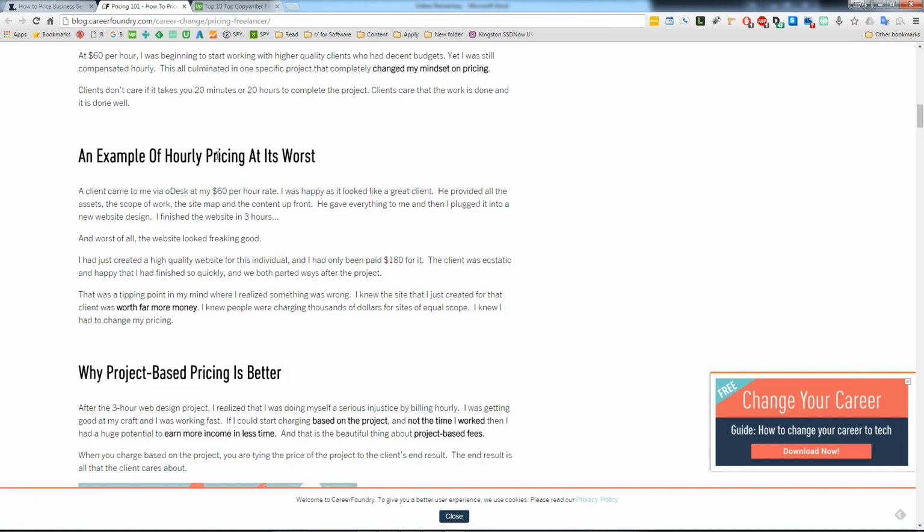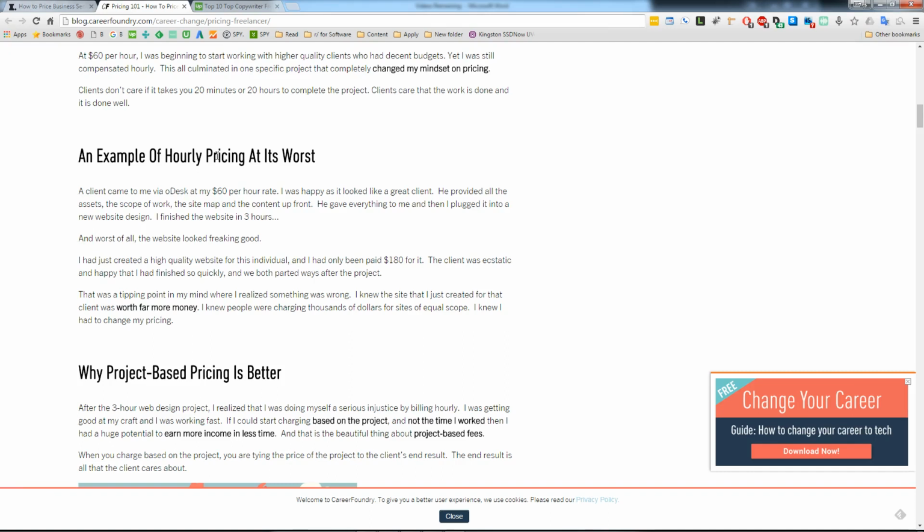Project-based pricing, I personally have found, works with clients that I have a deeper relationship with. I can basically charge what I want, and I figure out what would be a fair representation of the work that I'm doing, what would be a fair invoice. Then if that work is more complicated than expected, I will let the client know, hey guys, by the way, this is turning into more of a time sink than I realized. I'm going to charge whatever dollars per hour from this point onwards, 10 hours, 15 hours, whatever.